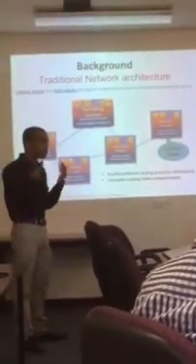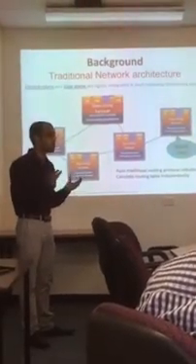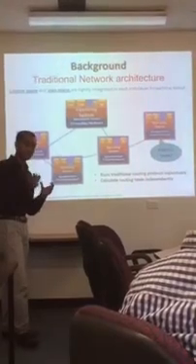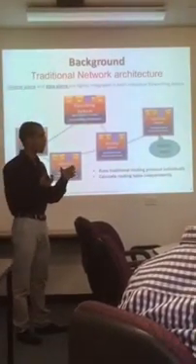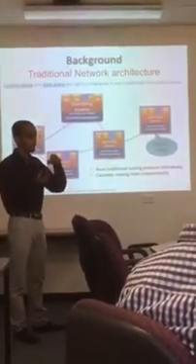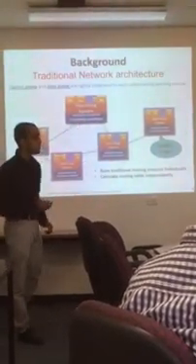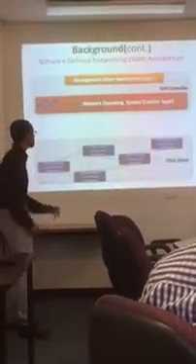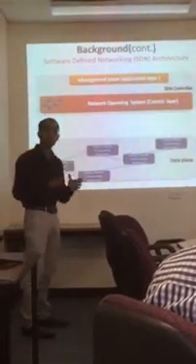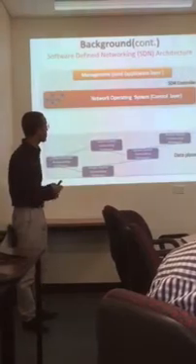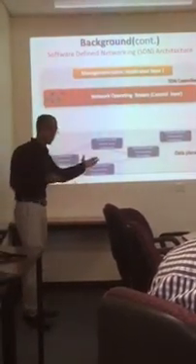So we need a new technology, a modern technology, to simplify this, and SDN promises to do that. Because in SDN, the brain of the network, the intelligence, is removed from the forwarding element and concentrated in a logically centralized entity, which we will see in the next slide. As you can see here, this is the architecture of SDN, which consists of 3 different layers. At the bottom is the infrastructure layer, data